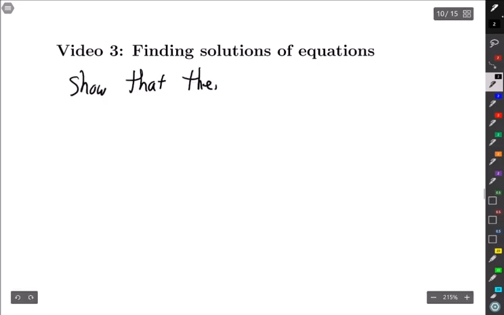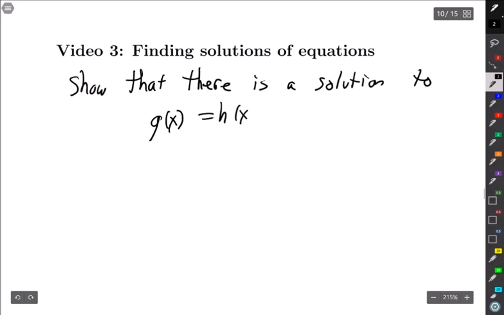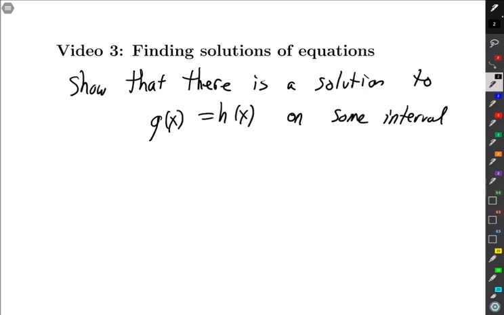So the idea is you'll be given something like, show that there is a solution to g of x equals h of x on some interval. I'm being really vague here, but we'll see it in the actual example what it looks like and see where it goes from there. But we're trying to show that there is a solution to a certain equation like this